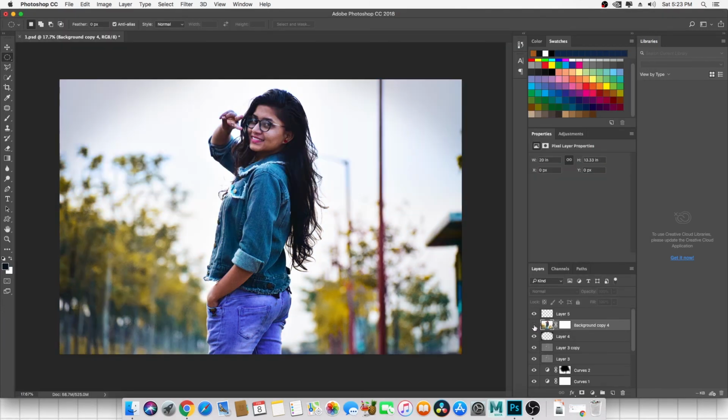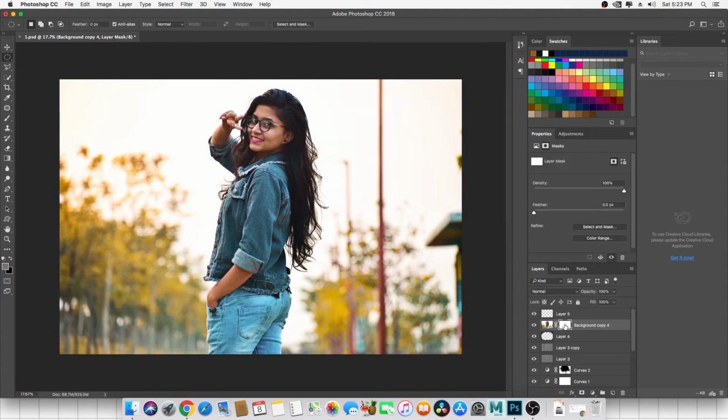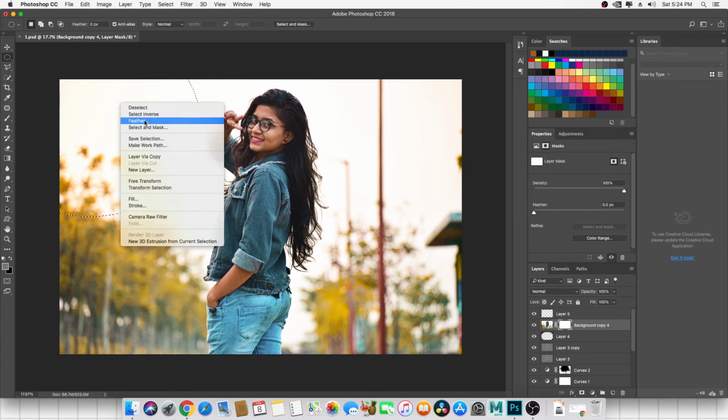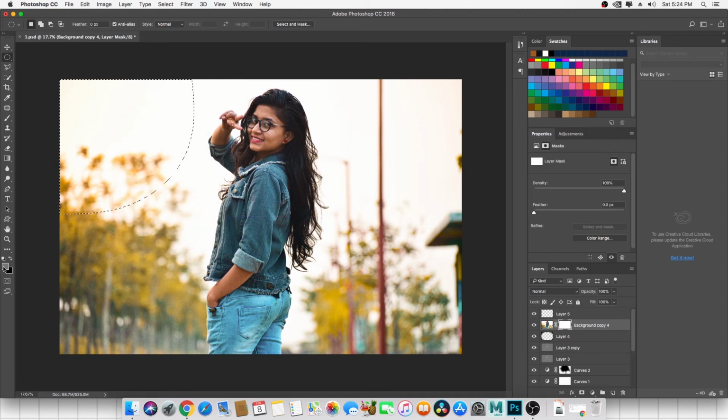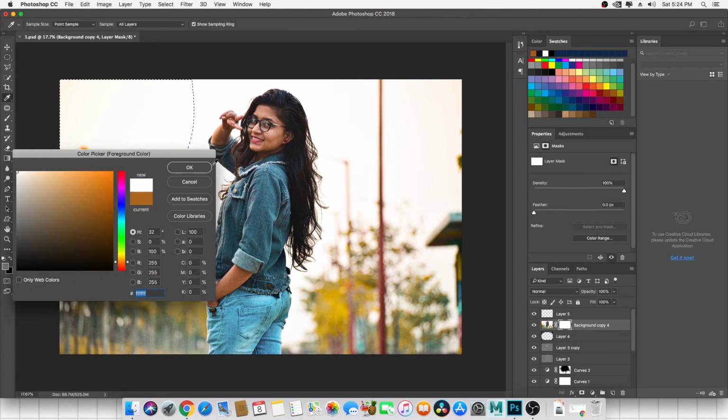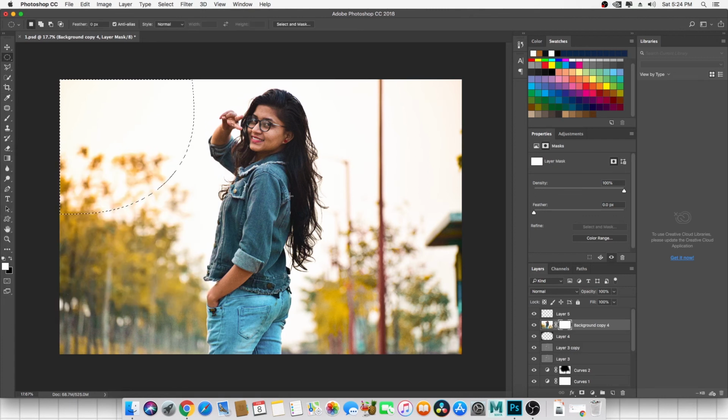Okay, so I don't want this effect to affect the whole image, so I'm going to click on the mask and select a circle like that, feather up to 500, and I'm going to put a white color on that. Sorry, first of all I have to put a black color on that.